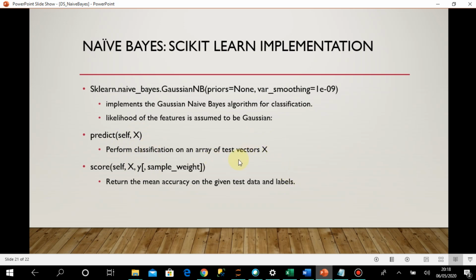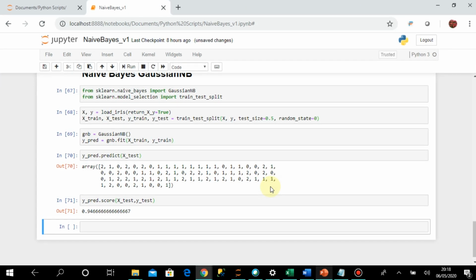Then I'm calculating the score, supplying x test and y test, and it returns the mean accuracy on the given test data and labels. So it's like the average of correct outcomes. It compares every outcome of the test data with the predicted outcome and generates an average score of how close the predicted outcomes are